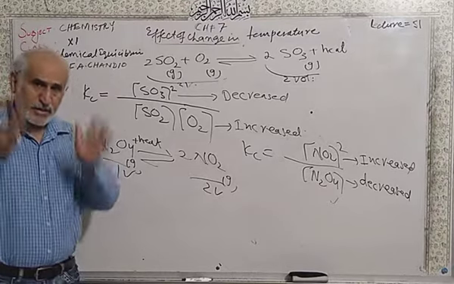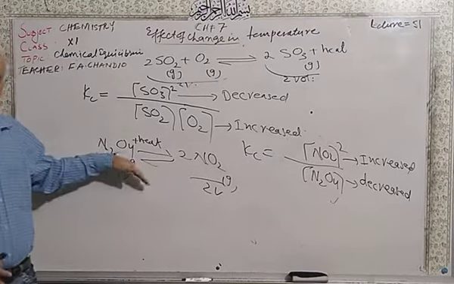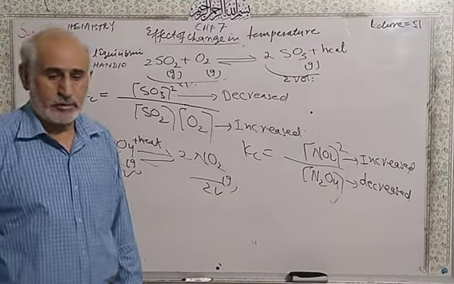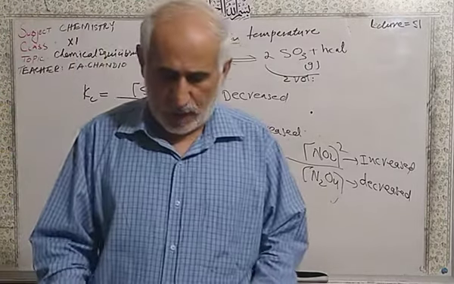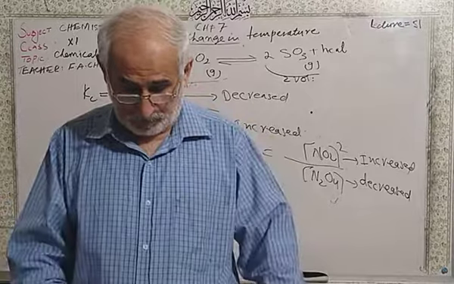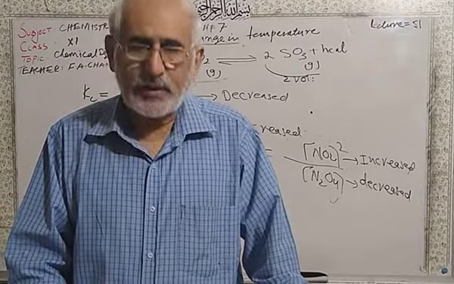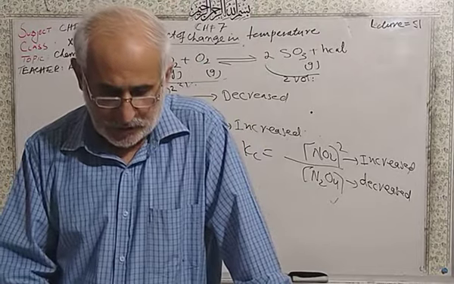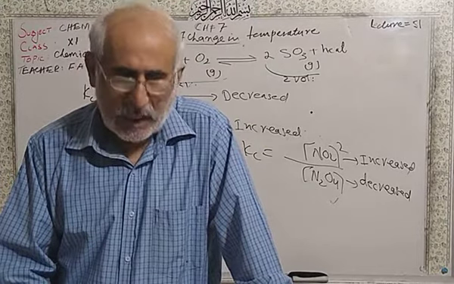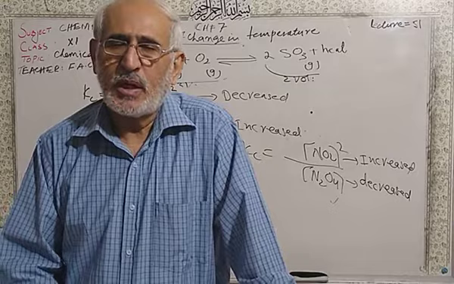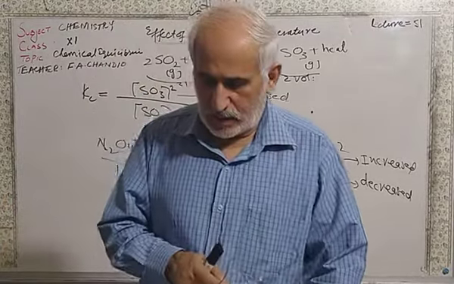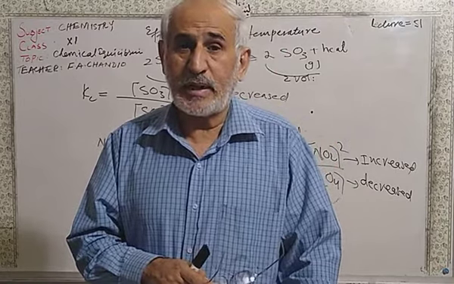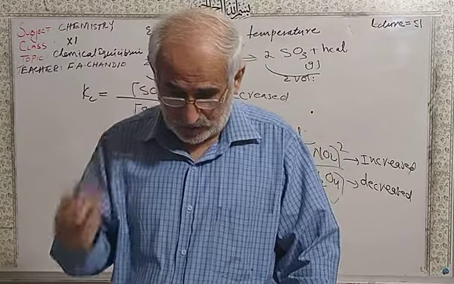And when the temperature is decreased on this system, the value of Kc is going to decrease, and it will move towards the reactant side. So this is the phenomenon of the change in temperature on the equilibrium system according to Le Chatelier's principle. These are great applications in the industry. You are preparing ammonia gas, you are preparing sulfuric acid from sulfur trioxide. Great uses are in industries.